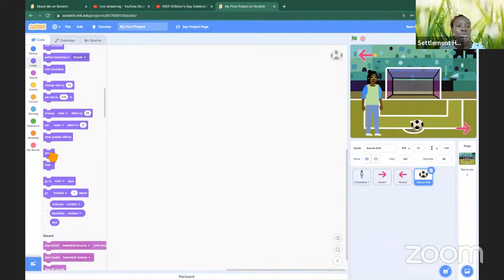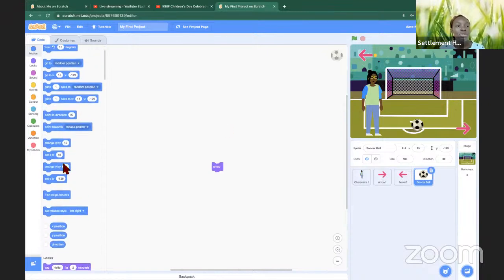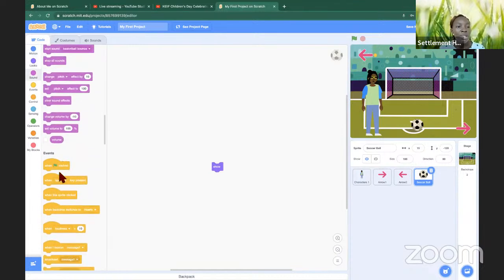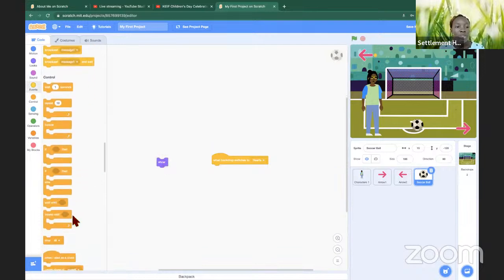So this is show, and then I would say when we are in this backdrop, that is in this soccer backdrop, it should show. But if we are in any other backdrop, it shouldn't show. So I'll go to this structure and I'll say when backdrop switches to hearts, I don't want it to show,